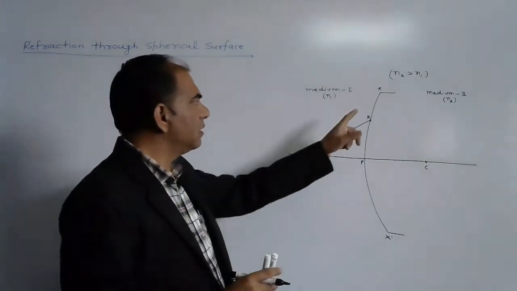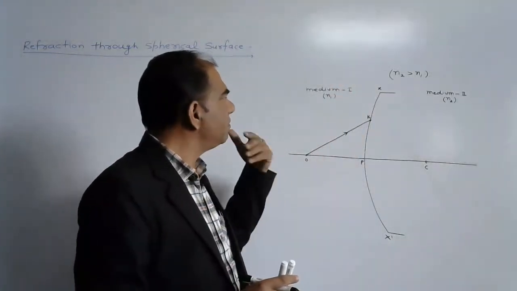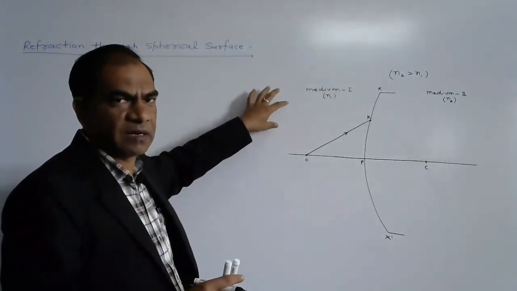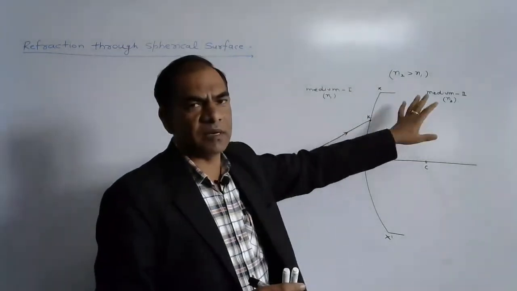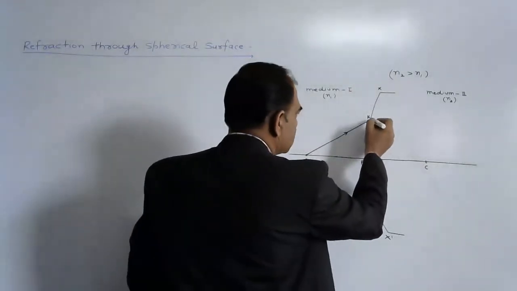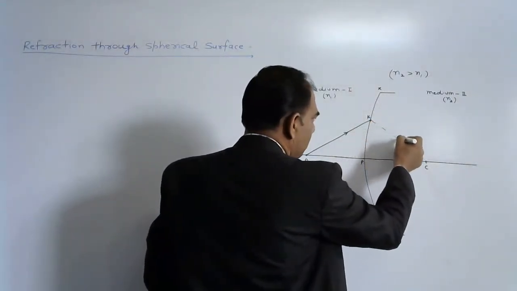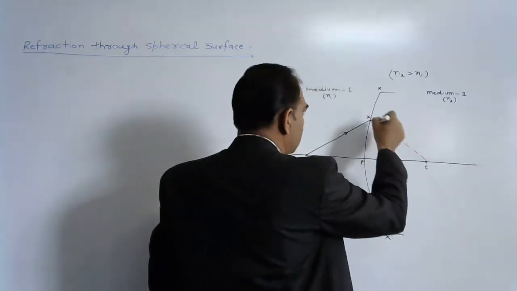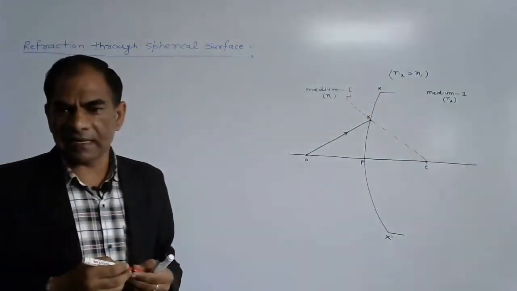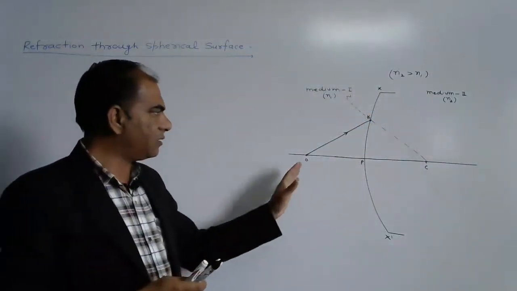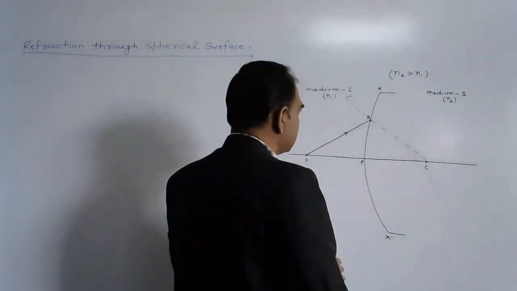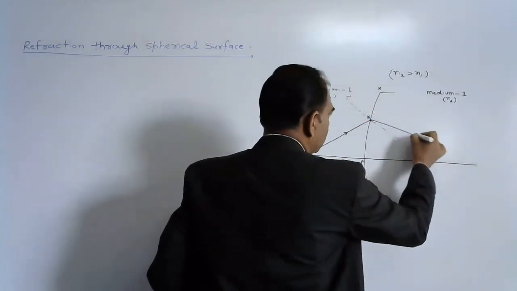Here the condition is n2 greater than n1. It means that this is n1, the refractive index of the first medium. It is the rarer medium and this is the denser medium. We draw a normal from point C. This is the normal. CN is the normal, and light goes from rarer to denser. It bends toward the normal. So we can say that this light bends toward the normal and finally